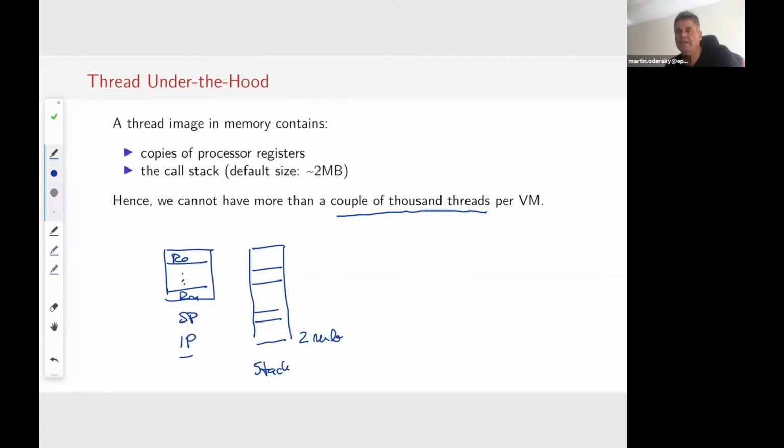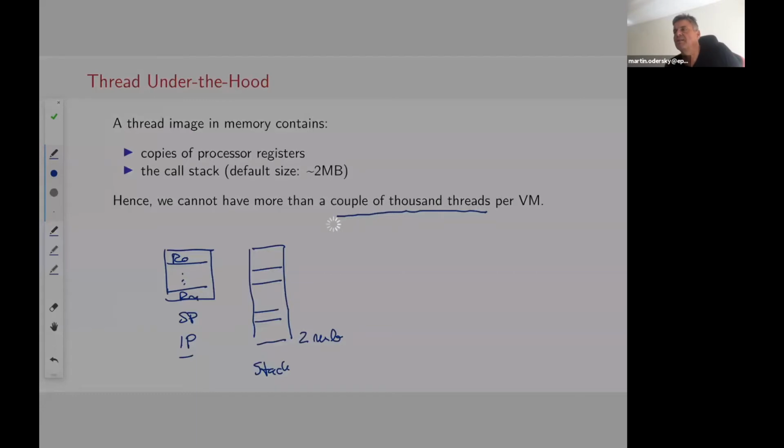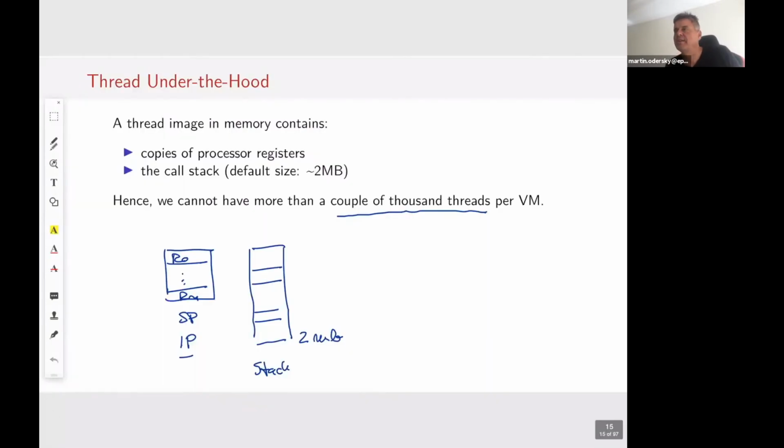But you could also imagine a scenario where you have a server and you assign a thread to each communication with a user, and then your number of threads is the number of concurrent users. And there you say, well, 10,000 concurrent users, that's okay, but that's not super scalable. As soon as you're, let's say, a concert ticket reservation site, at peak times you might have more than 10,000 users. Then you will run out of threads. So this limit of threads, a couple thousand per VM, is actually a serious limit in practice.